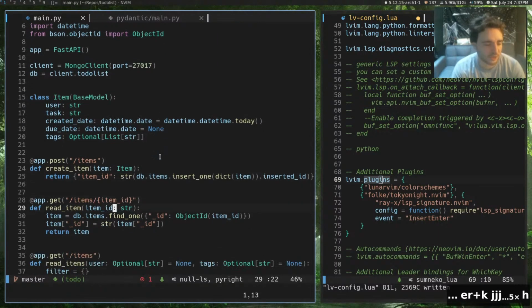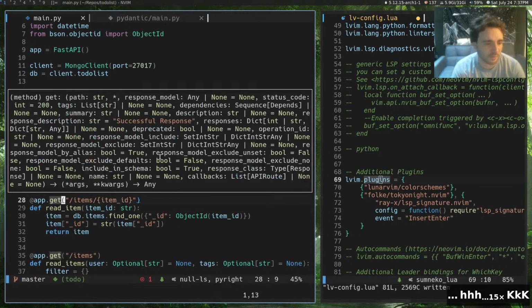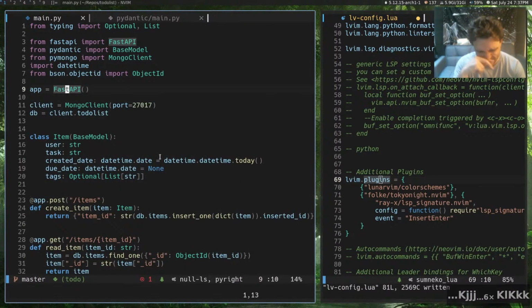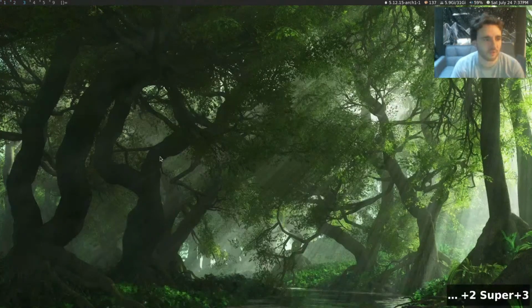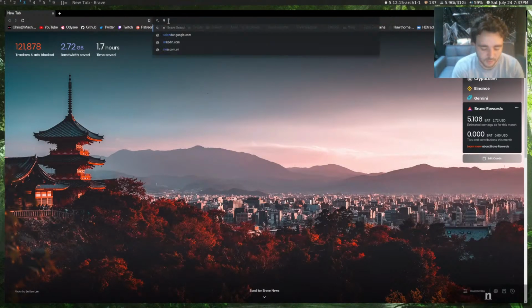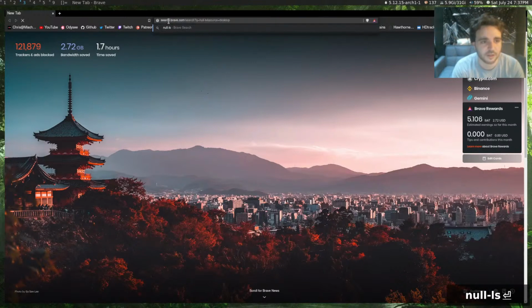Now, basically, I showed you how all this stuff is going to be working. I think it works really, really well now. It's very snappy and seems very stable at this point. Obviously, there are small bugs. One small bug was that TS server thing, so let's solve that really fast. We're going to be able to solve our problems today. We're not going to run into a bunch of problems today, which is going to be great. Another thing is, actually, let's go take a look at null-ls, because